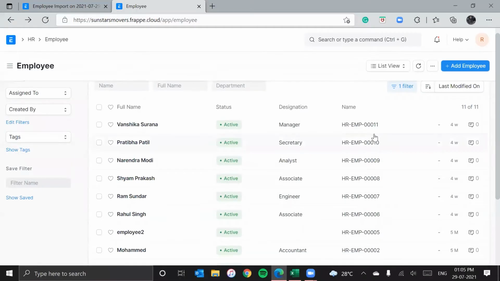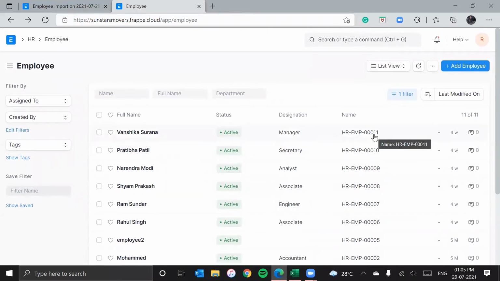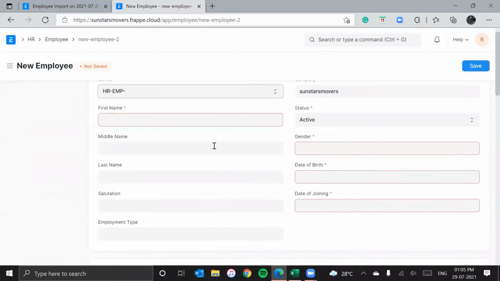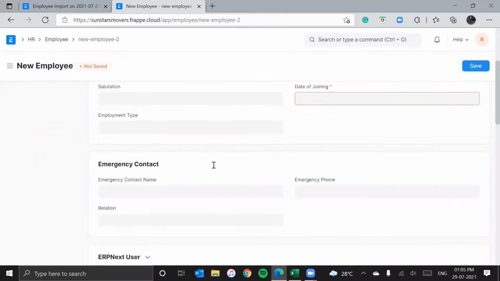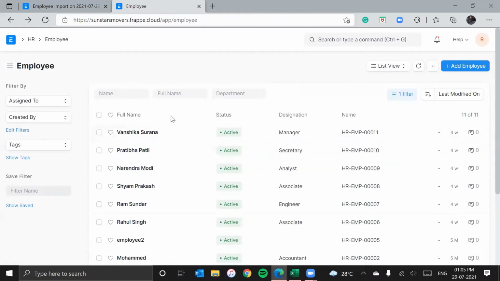This is the employee master, where all the employee details for the employees in your organization that you have fed into the system are displayed. And you can add employees here by two methods. First is by manually going and clicking on this box of add employee. You click on this, you'll see this, and you enter the following details and you click on save. So the new employee will be displayed here. This is the first method.